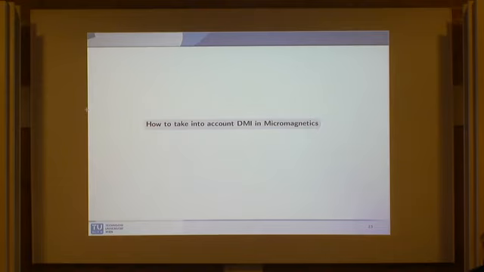So in the last period, people started to be interested in this curved geometry because they observed that curvature can replace the role of the Dzyaloshinskii-Moriya interaction. Just to say once and for all, while in planar films, to explain what you observe, you really need to add something to your energy function, this is not the case for curved thin films. In curved thin films, you can still observe a magnetic skyrmion, a minimizing configuration with non-trivial topological degree. And this can be observed and explained also theoretically without taking into account the Dzyaloshinskii-Moriya interaction.